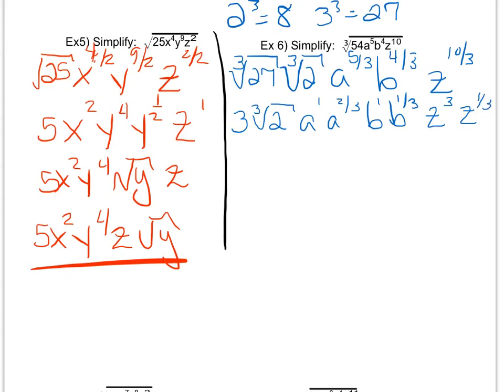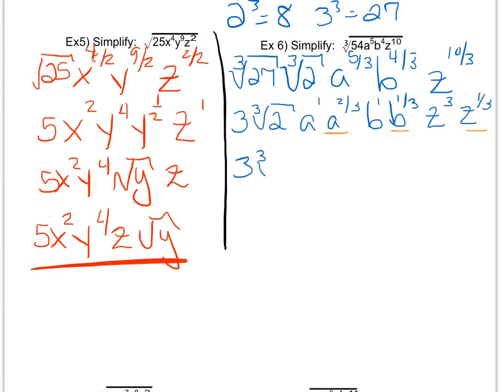If you are not good at changing to mixed numbers in your head, remember you can do that setup on the side somewhere. And if you're not sure how to do it, talk to me in class and I can show you how to do that. Changing anything that is now still having a fractional exponent back to radical form, I get